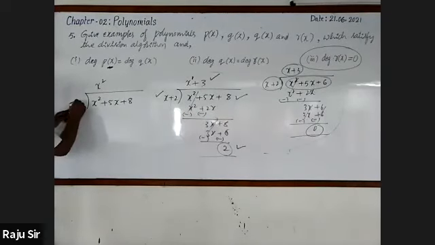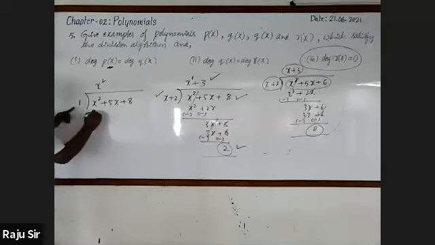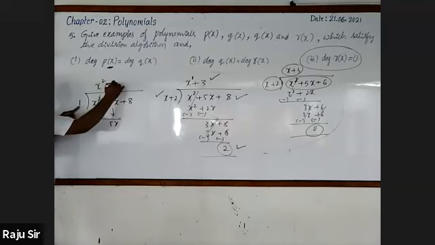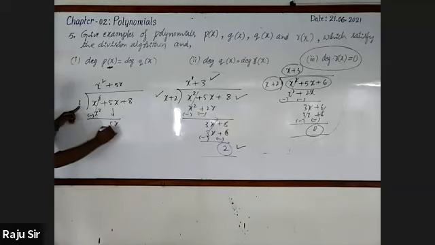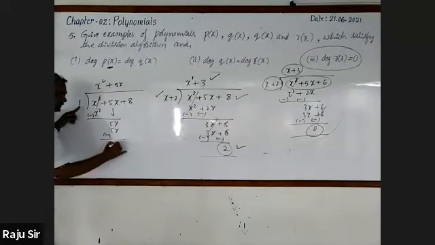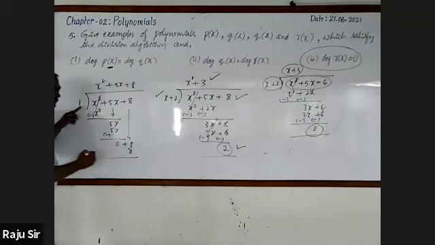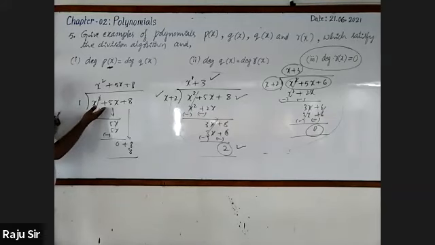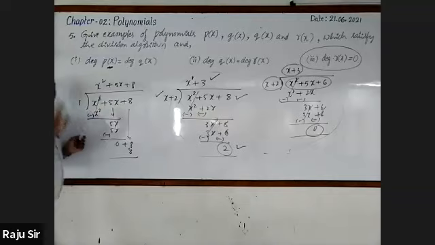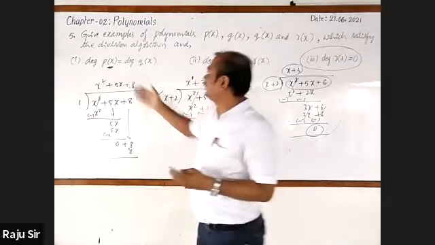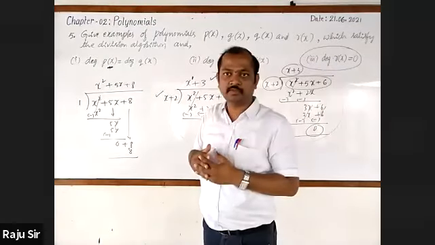Got it? Look, 1 into x square gets cancelled, then carry out 5x. What should be multiplied? 5x. 1 into 5x, minus gets cancelled, 0, carry out plus 8. 8, sir. 8. Then you can come to know that both the polynomials, if two same polynomials are taken, then this condition holds good, right?